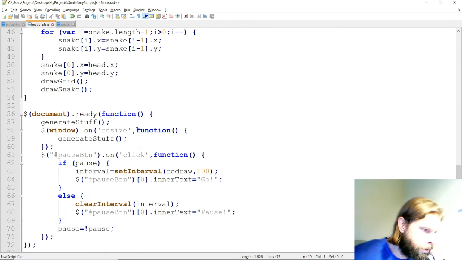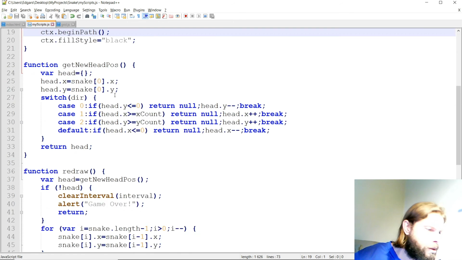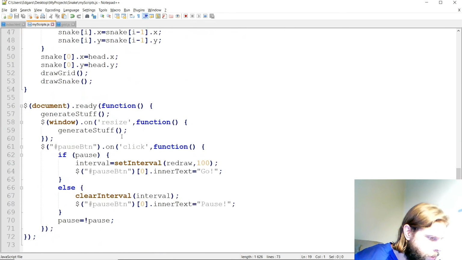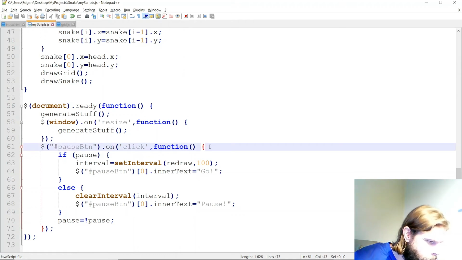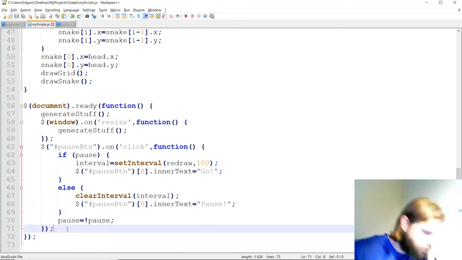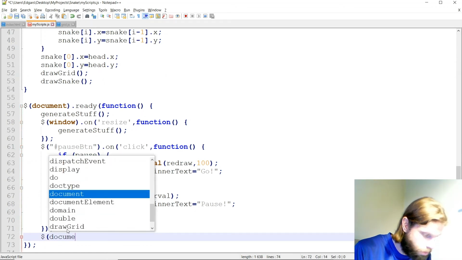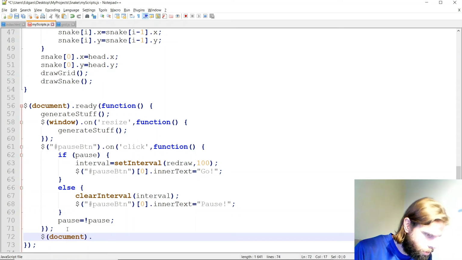The event handling key press or key down, I think it was key down, which we will write in the document ready function. So here's our pause button click, and now the key down will be for document, on key down